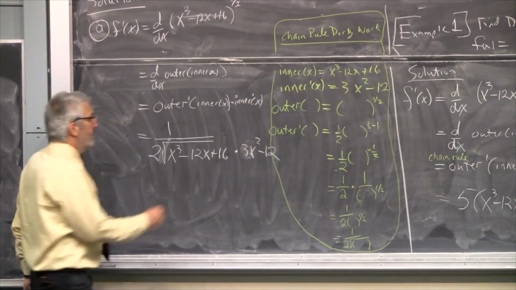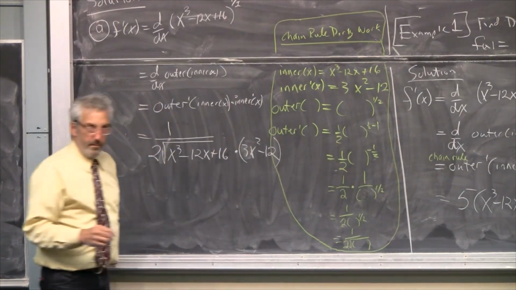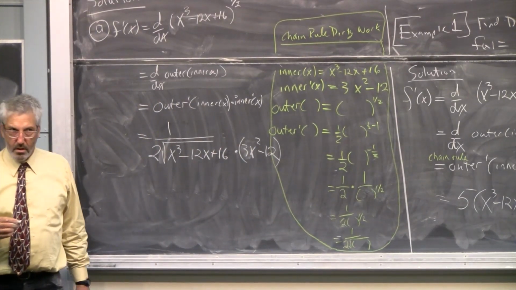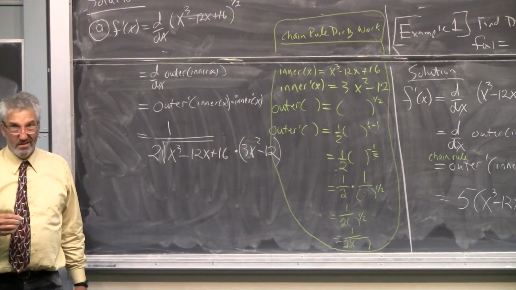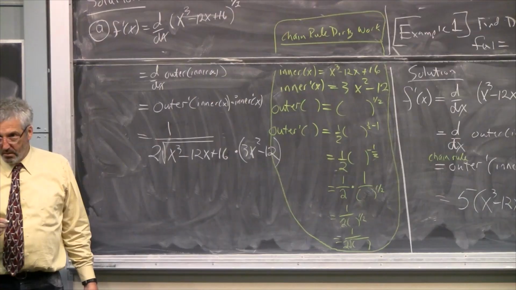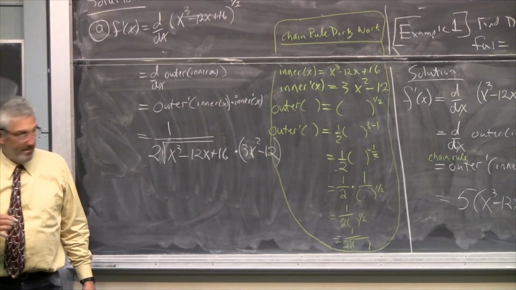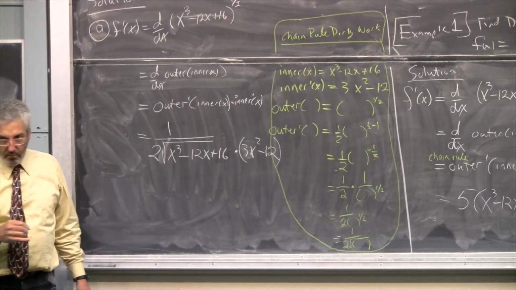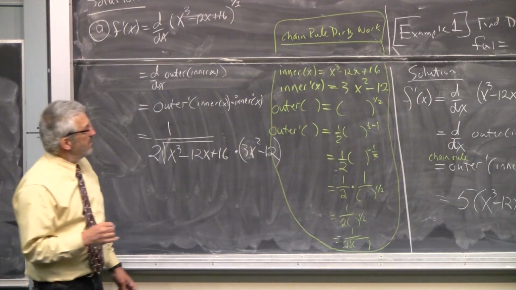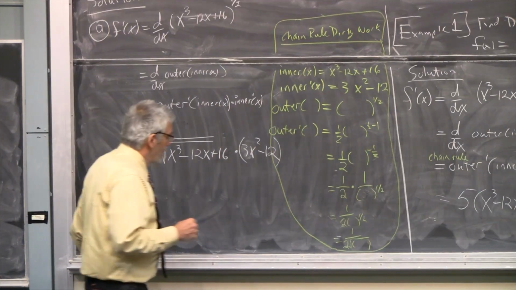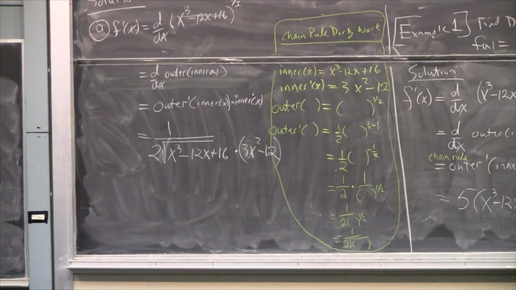Need parentheses. How did I do? There's still something wrong. Over 1? Right, so the idea here is